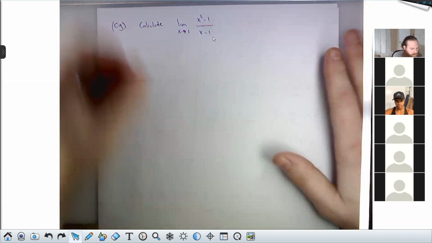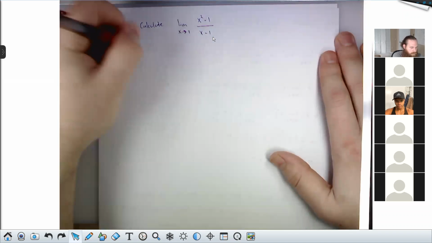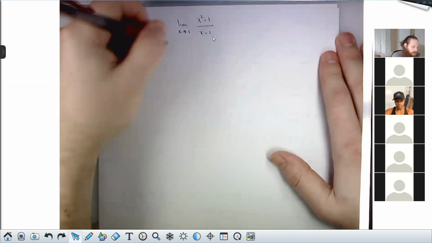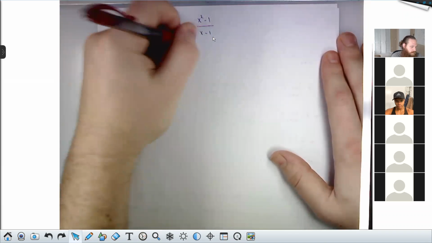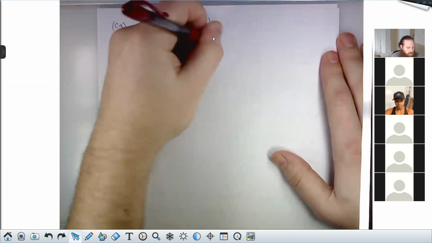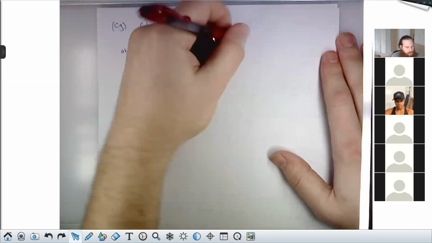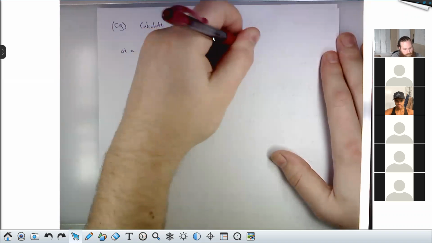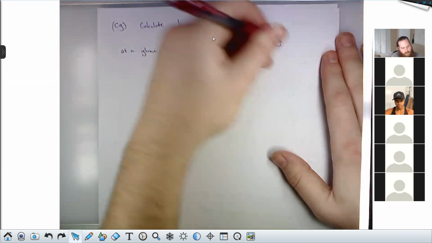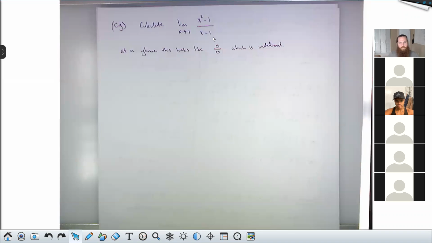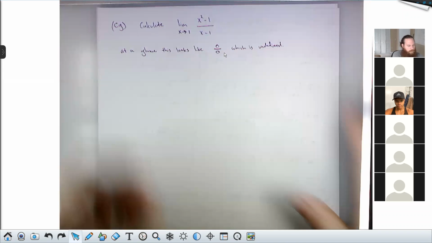So at a glance, this limit looks like 0 over 0, which is undefined. Be clear about that, right? 0 over 0 is not 1. 0 over 0 is undefined because there's a 0 downstairs. However,